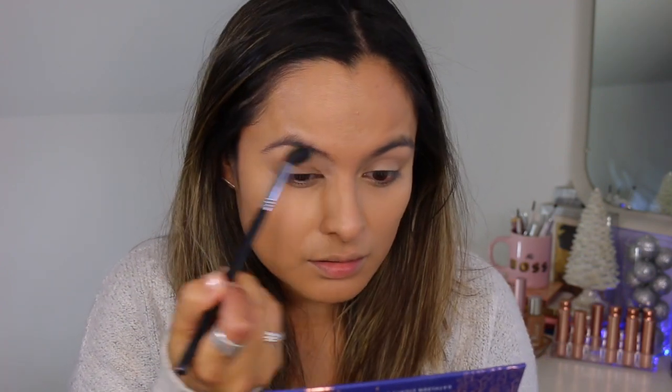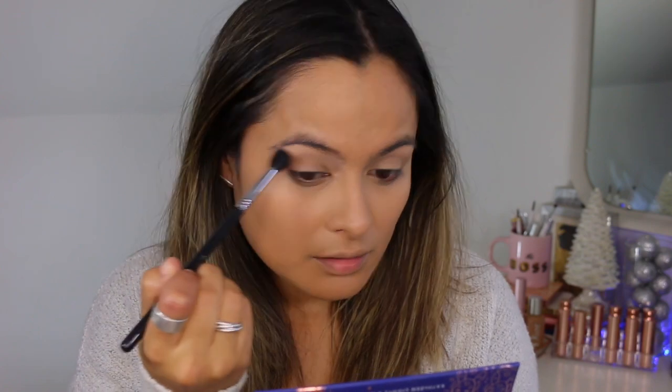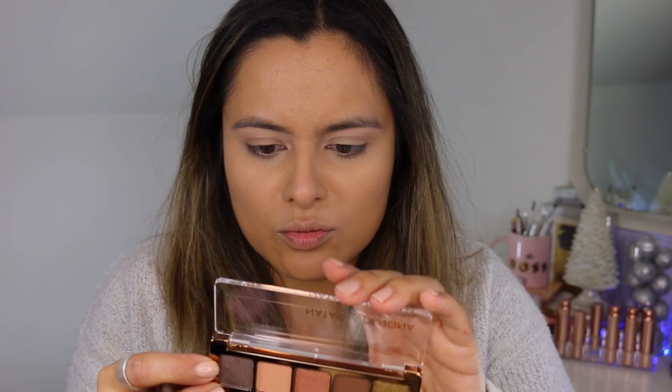And then we'll do, I mean, I'm sure this look has been created like 5,000 times, but for the sake of this kind of first impression, I'm just gonna create whatever look I want. I want to use all the shades, but I don't think I can, or maybe I can, and we'll see. So I'm gonna dip into,